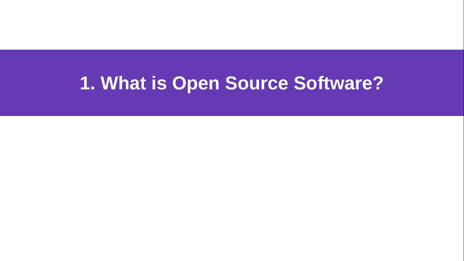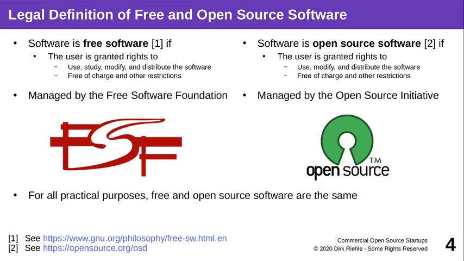What is open source software? Well, open source software has a predecessor called free software, defined in the 80s and 90s of the last century, and then open source software as a term for something that's basically the same in the late 90s. Free software is simply software where the user gets certain rights, and these rights are defined. The user must be allowed to use, study, modify, and distribute the software, even in changed form, free of charge,